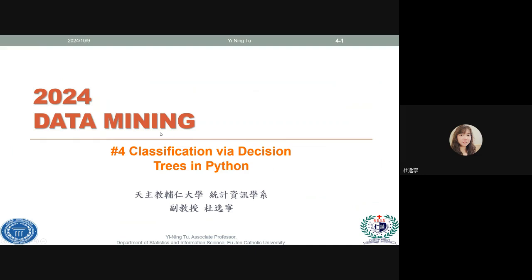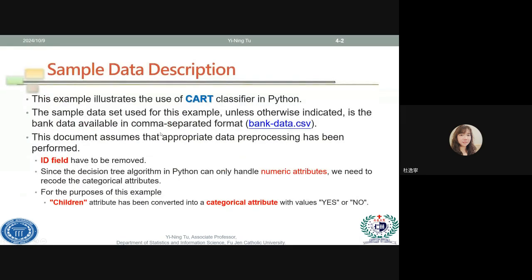Okay, today, last time we discussed the decision tree, right? Last time you built a decision tree by yourself, even with only 14 records, but today we will try to use it in Python. There are a lot of algorithms for decision tree, but in Python, the package only uses CART,